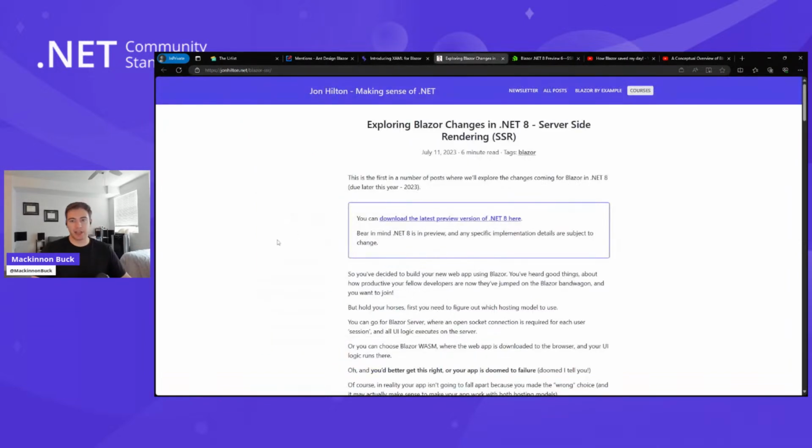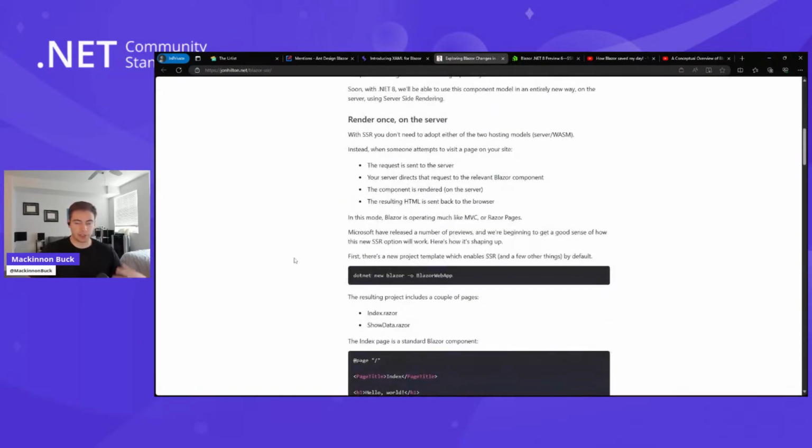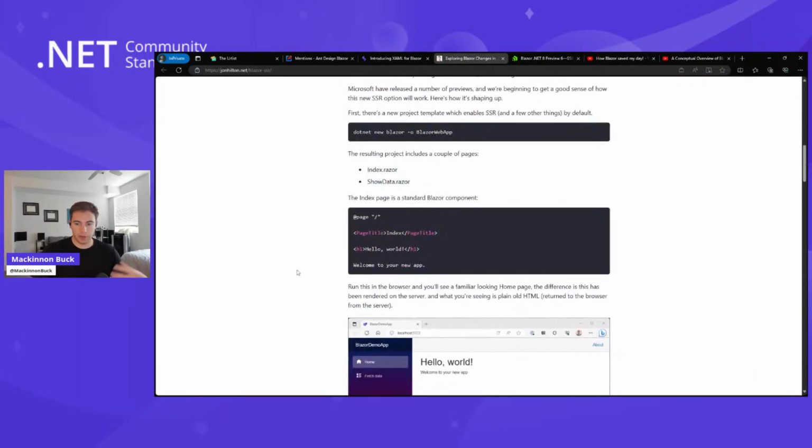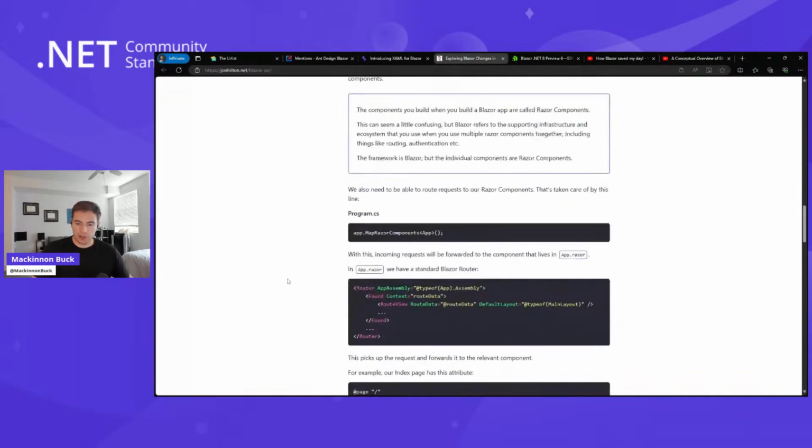All right, next we have a blog post by John Hilton, and this is going over some of the new changes in .NET 8 with Blazor, in particular server-side rendering. So this kind of goes over how to set up the project, create a project from the project template. It walks over how the project is set up, how it runs, and it also talks a little bit about